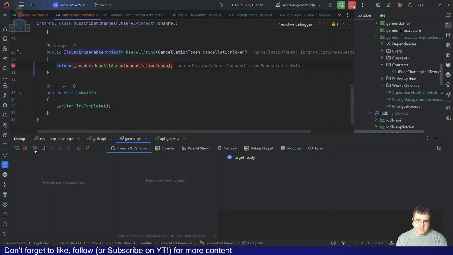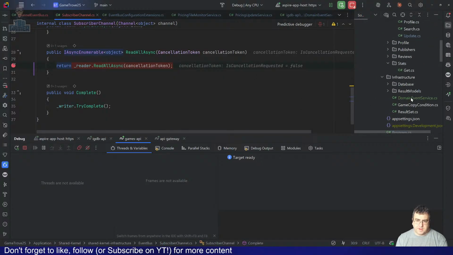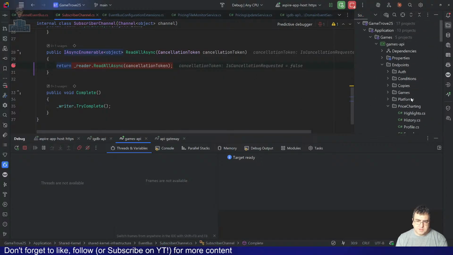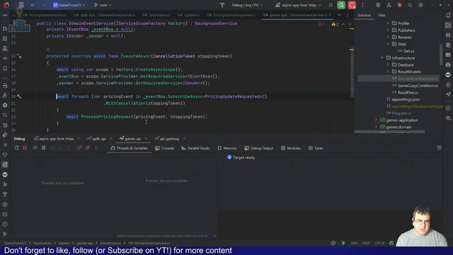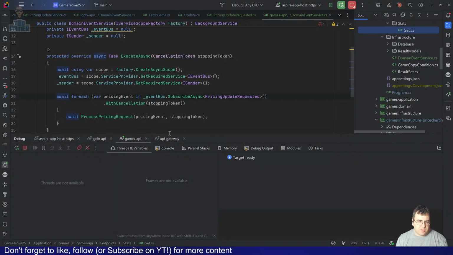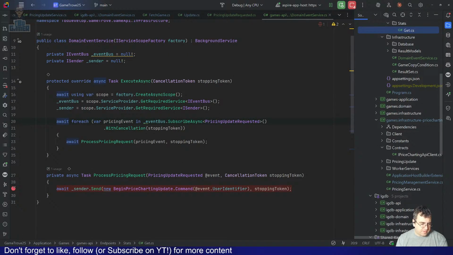There's my two starts on this side of things. So I have a domain event service here, which right now is going to listen for the pricing update requested. If this gets more involved, then I will have to break this out more. But it's a simple event bus in memory to try and do these events.